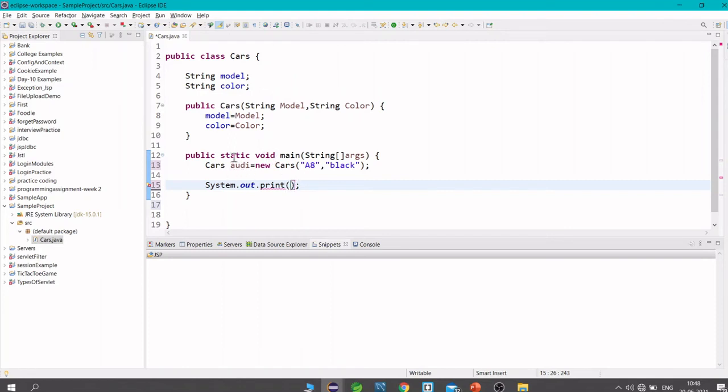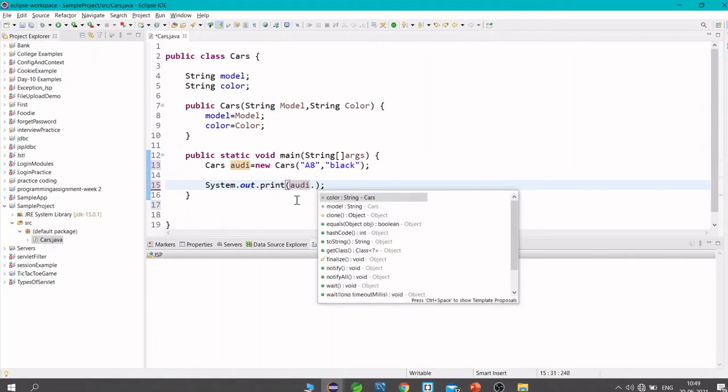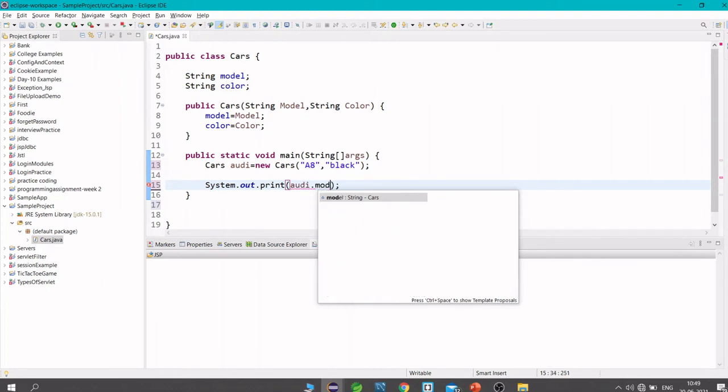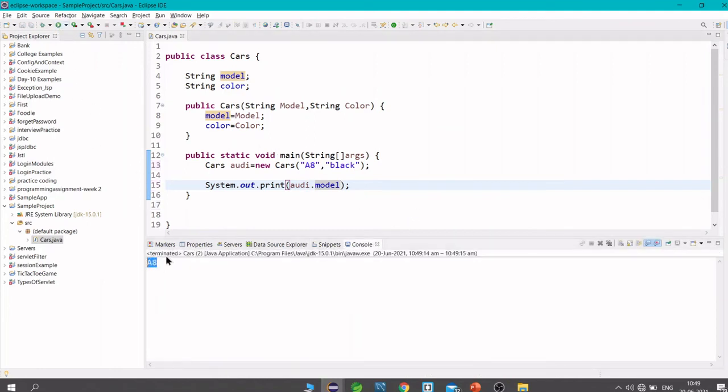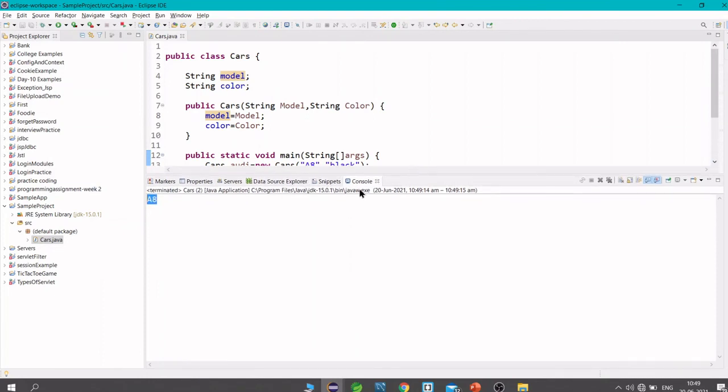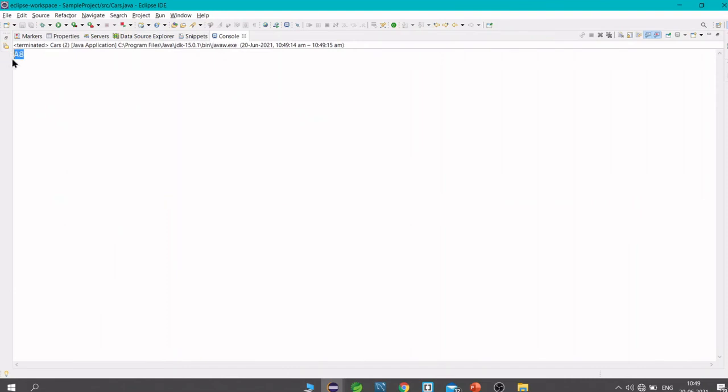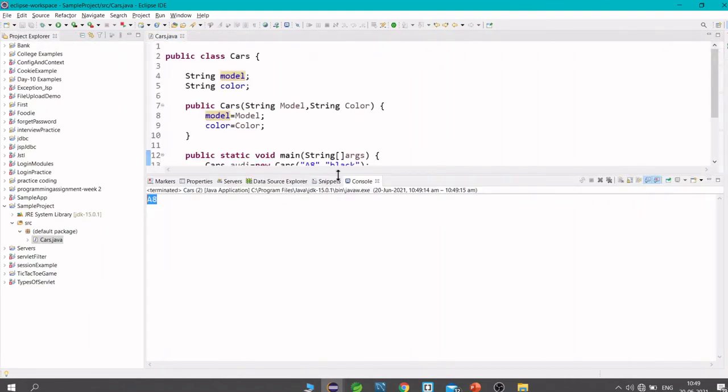The object we have created, we should write that first, Audi dot, then the variable name, which is model. Save this and run this program. Now you can see that we have got here the A8, the model of the car.